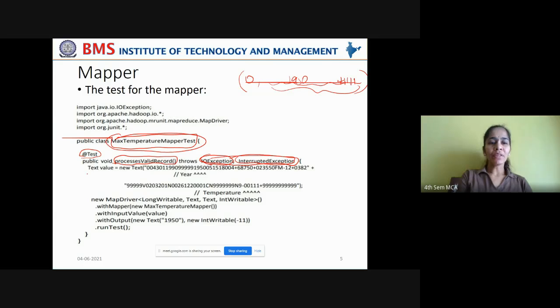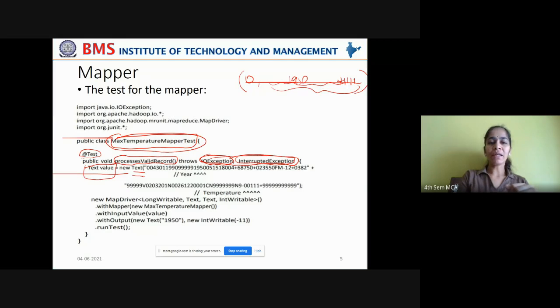Okay. Now, in this function, what we are doing is extracting the year and the air temperature from the text data. First of all, we are taking the raw data and giving it into value, from which you can extract the key and the values, right?